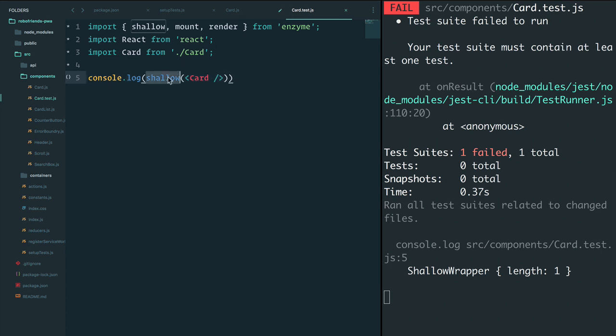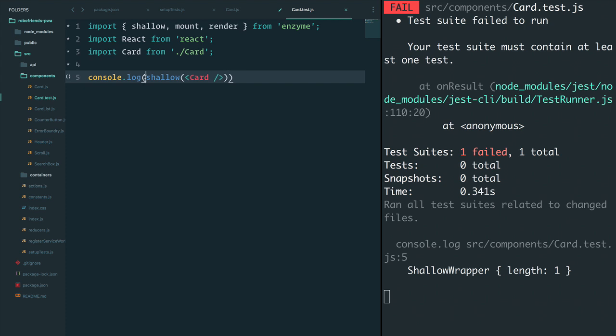So that's why I'm a big fan of the shallow rendering in Enzyme. Ideally, you just want to test one thing at a time without affecting all the child components. And this keeps your tests nice and clean. Now, the cool thing with Shallow is that we get a ton of methods that we can now use on this card component. For example, now, because we've rendered this, we can use our good old friend expect to say,